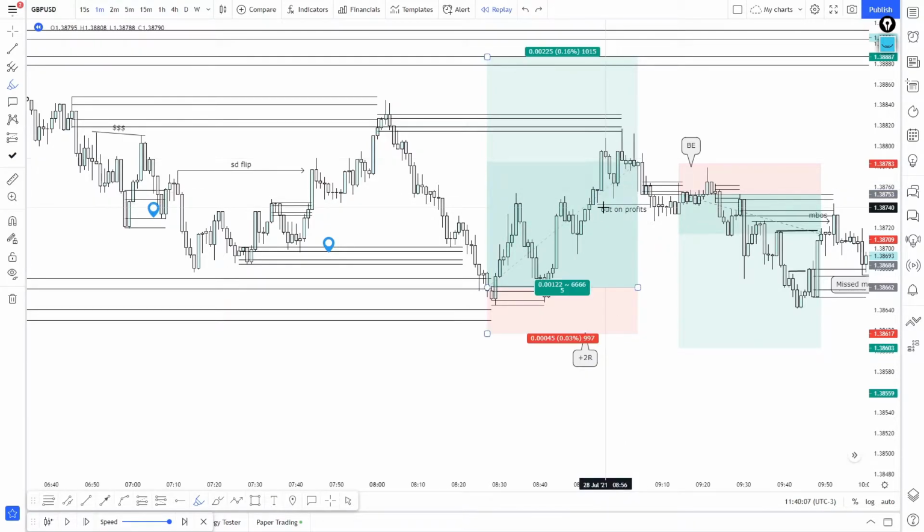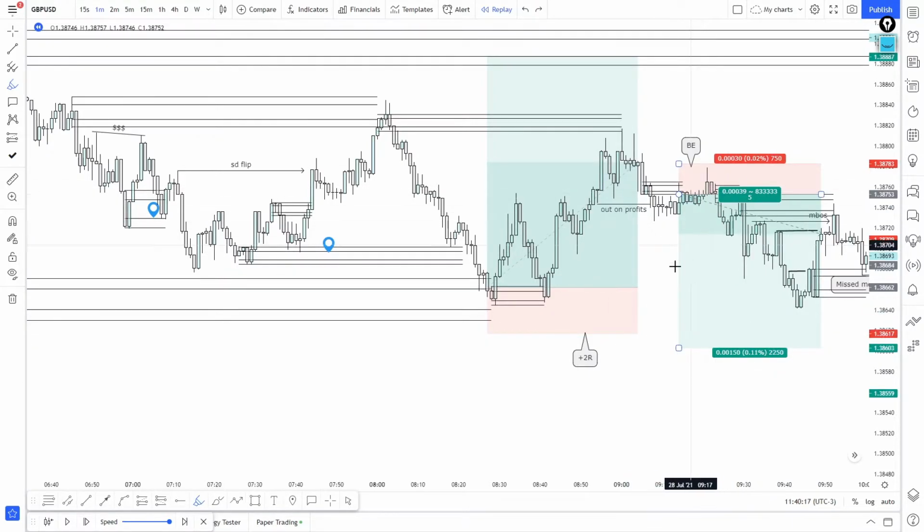We get a flip right there. The cause is this pause, but price didn't pull away that much, so I would have counted this as liquidity and would have gone for maybe this whole thing, which would have worked out great. At the same time, I went for this trade, but with a pretty large